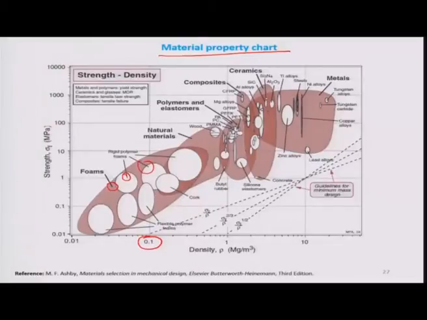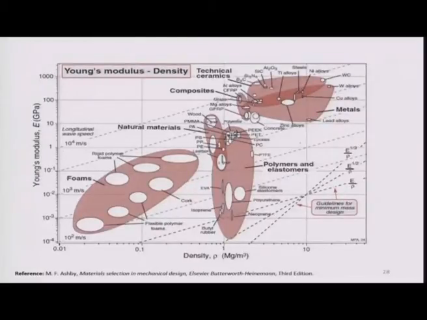That is the strength versus density plot. Another plot is Young's modulus versus density. Here you can also formulate your problem in terms of Young's modulus and density, so that you can select an appropriate material using this plot. Suppose the density is 1 megagram per meter cube, giving a vertical line, and you want a material with a Young's modulus of 1 gigapascal.